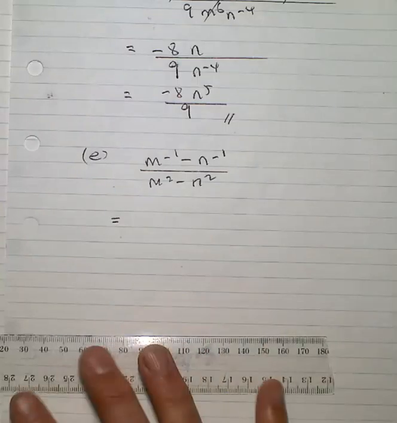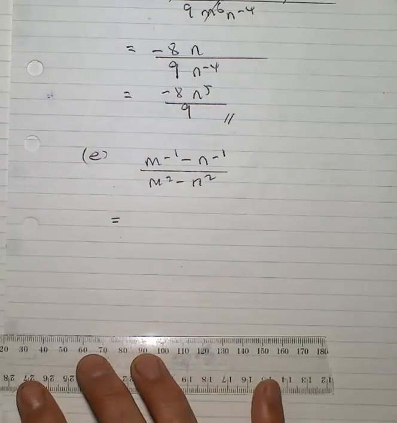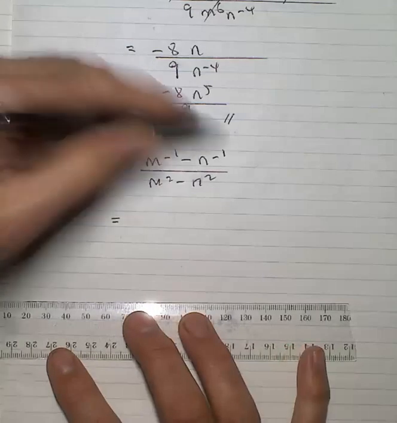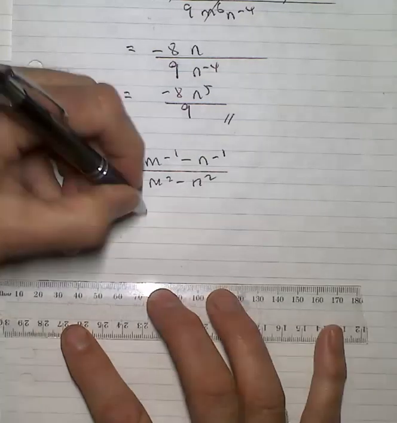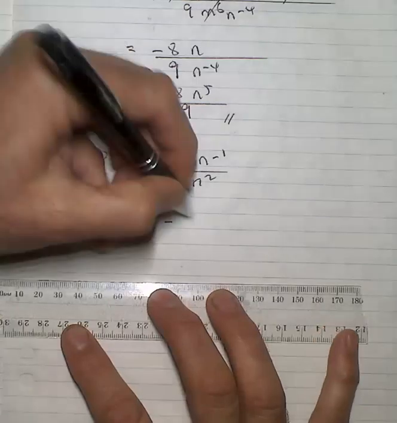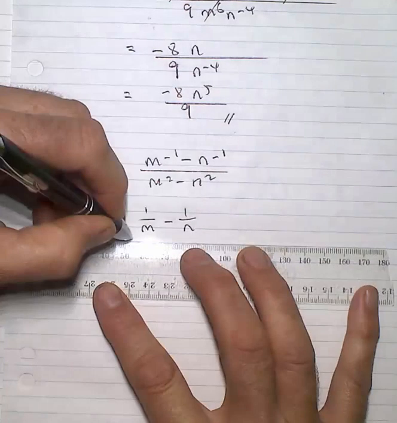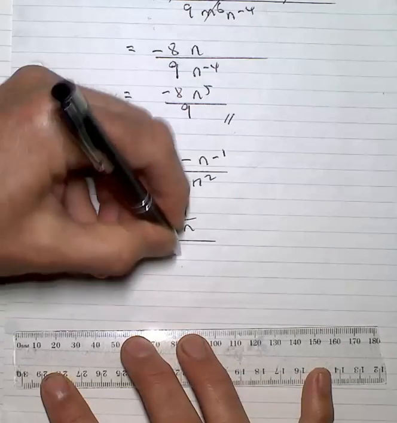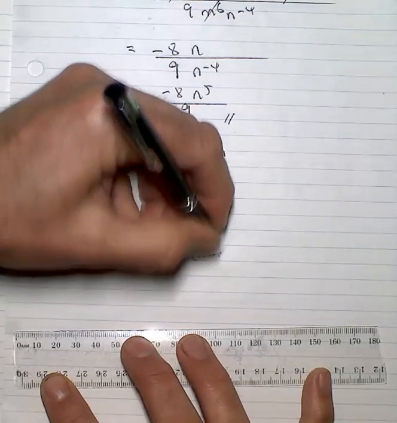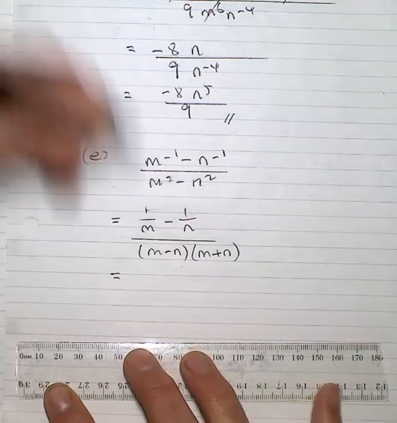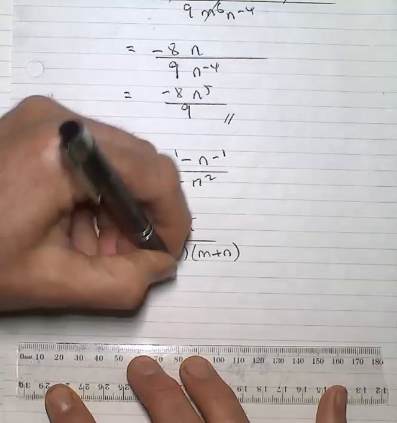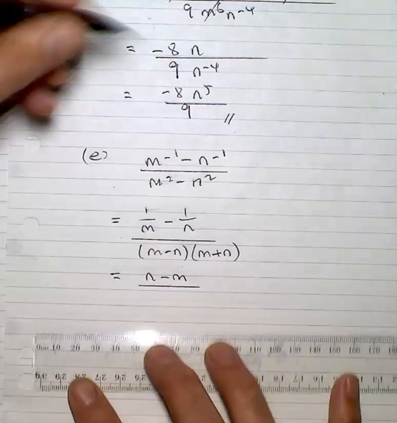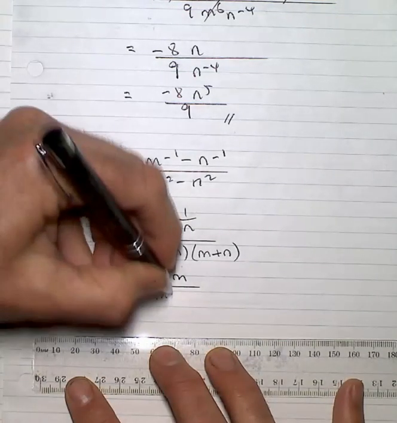In the case of E, I have to make use of some difference of two squares properties, as well as recognizing that I might have to find a common denominator. So it becomes 1 on m minus 1 on n. And on the bottom line, n minus m, lots of m plus n. On the top line, I'm left with n take m, divided by mn,